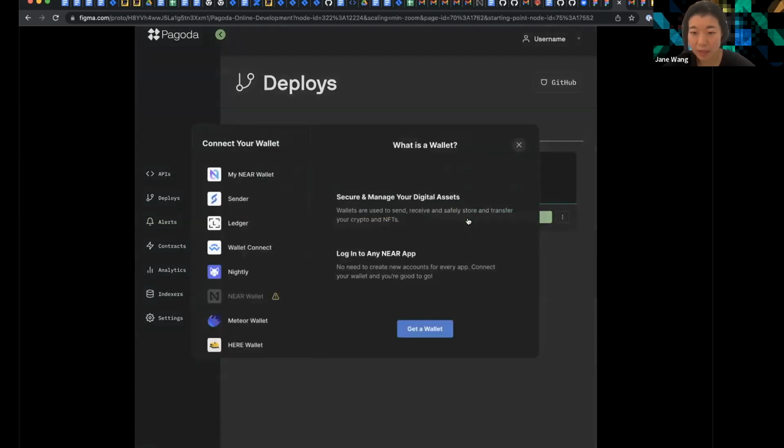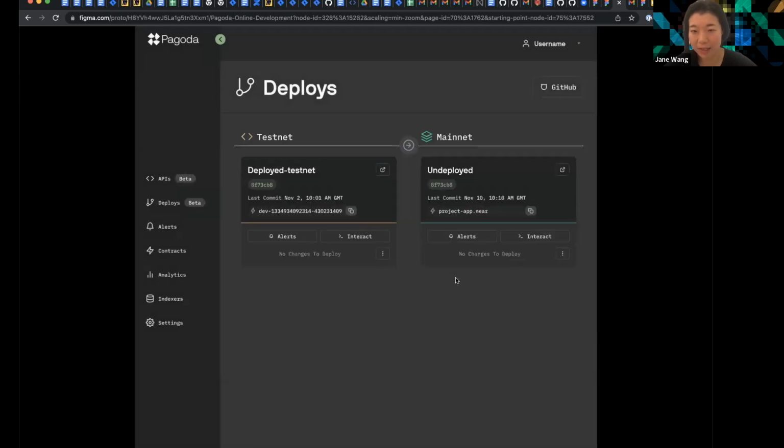So when you click deploy to mainnet, we actually ask you to log into the wallet selector, because as you know, for mainnet deploys, you will need to pay for the contract deploy. And we're playing with a few features in the future where we can make this payment nil. So let's just say now you log into wallet and you're back. We deploy the contract onto the mainnet, and now you can see that this contract is now deployed, and the specific commit hash. So you can also interact, and there's other things you can do here, including, oh wow,